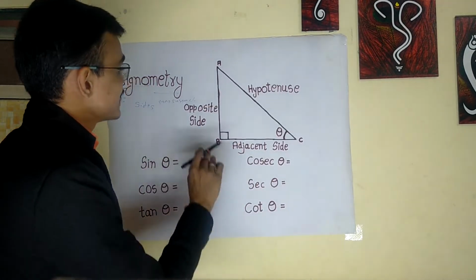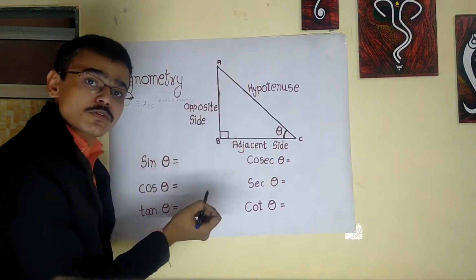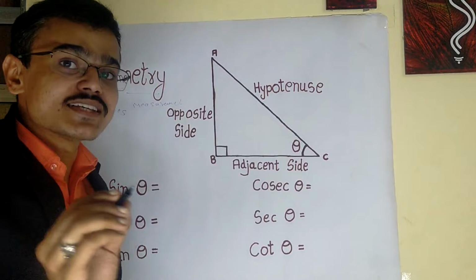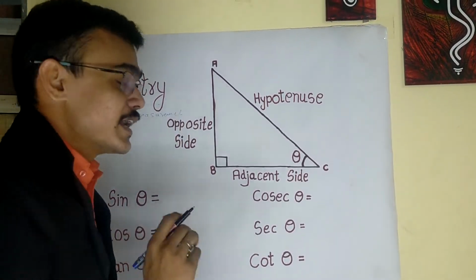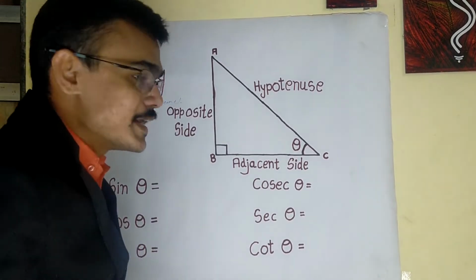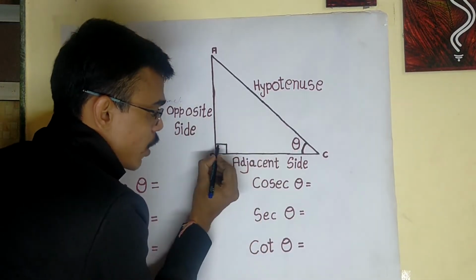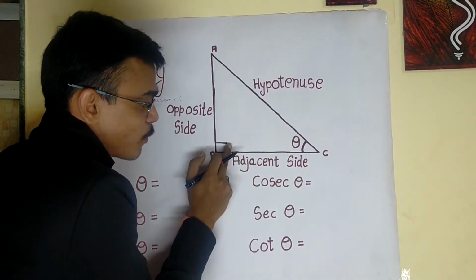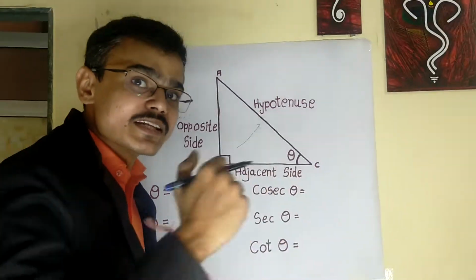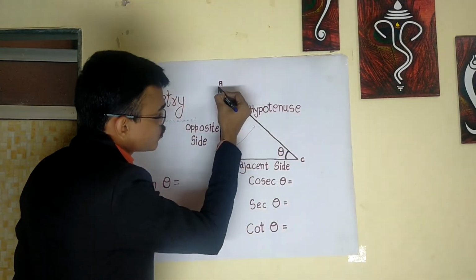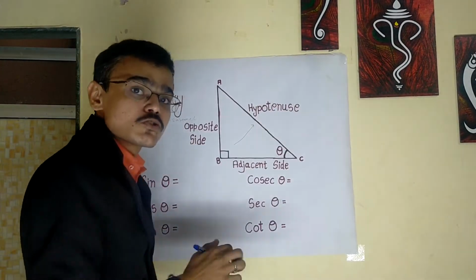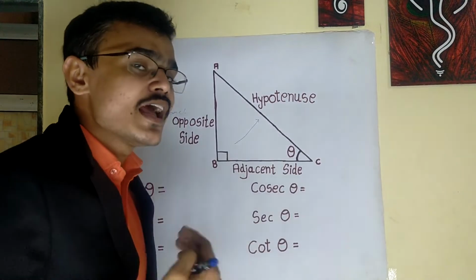Okay, now let's start with this triangle. As we already know, the triangle which has one angle as 90 degrees is called a right angle triangle. In a right angle triangle, how will we identify the hypotenuse? There is one easy method: the side which is opposite to the right angle is called the hypotenuse. Or the second method: this right angle is made up of these two sides AB and BC, so the third side which is left is called the hypotenuse. By these two methods you can find the hypotenuse in any triangle.